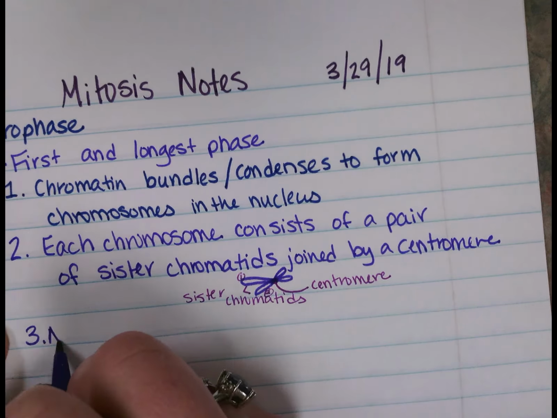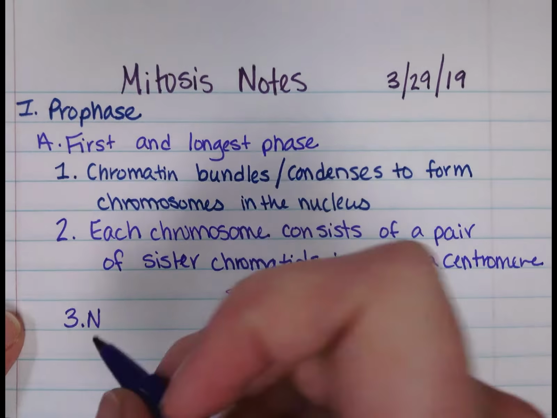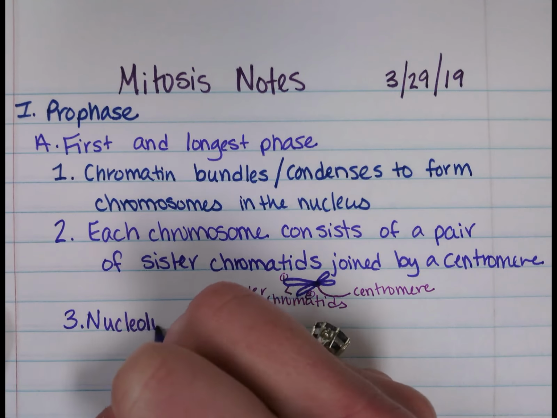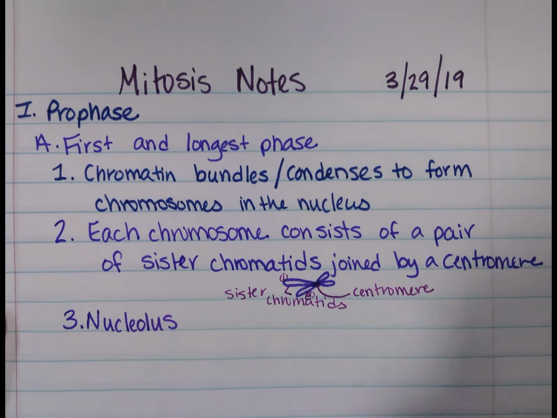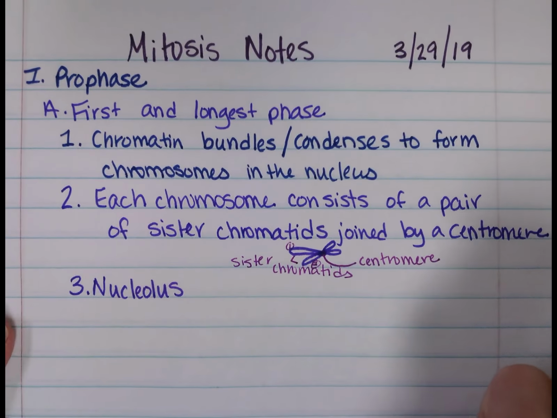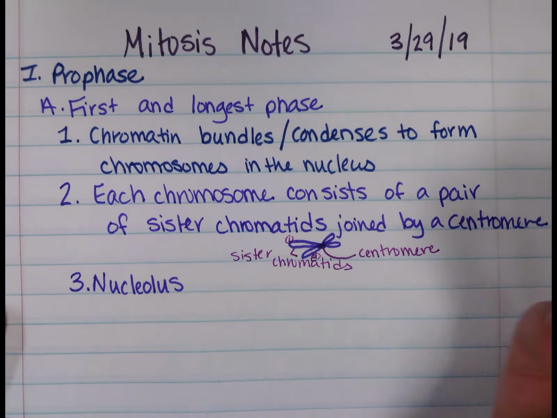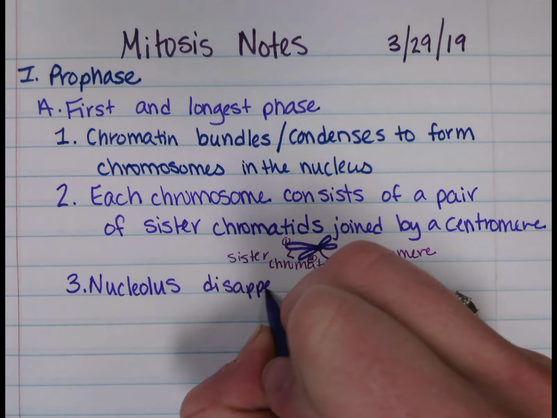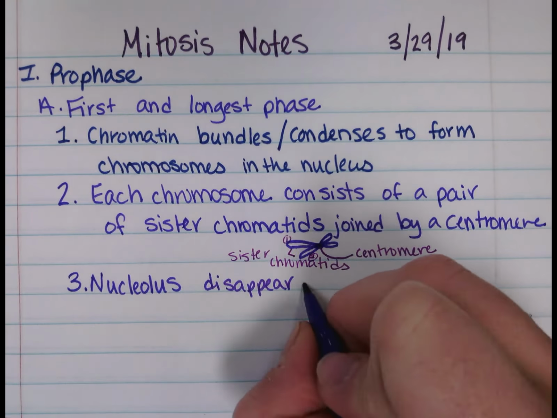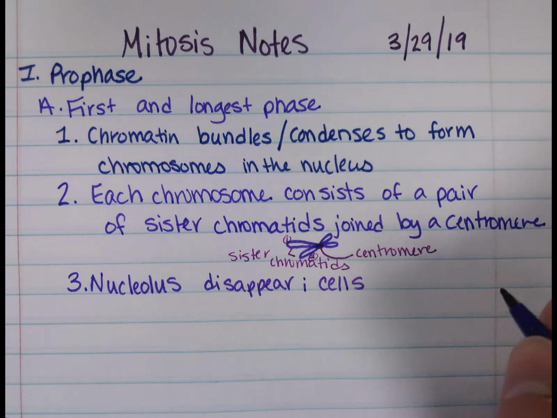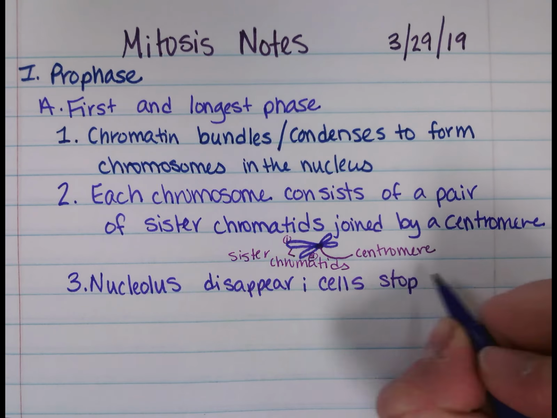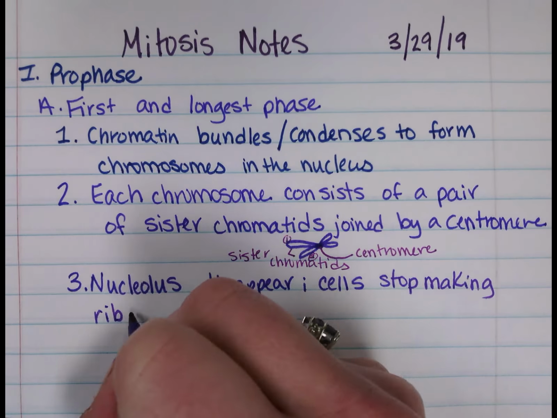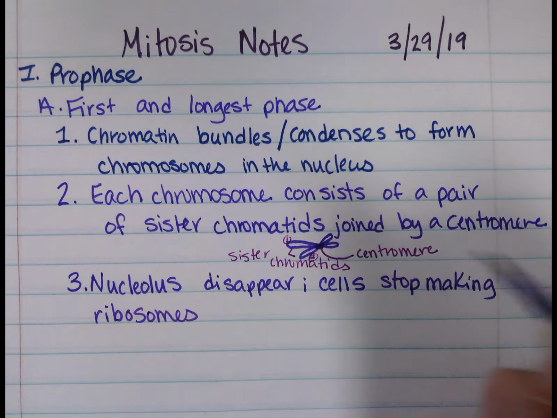the nucleolus. Remember that little smaller part of the nucleus where the chromatin and DNA is found? If you remember, the nucleolus is the smaller part. So if you were to see a picture of a nucleus, it's circular, and then there's a smaller circle inside of it, that's the nucleolus. So the nucleolus is going to disappear, and cells stop making ribosomes. The ribosomes are the little protein factories. They stop making